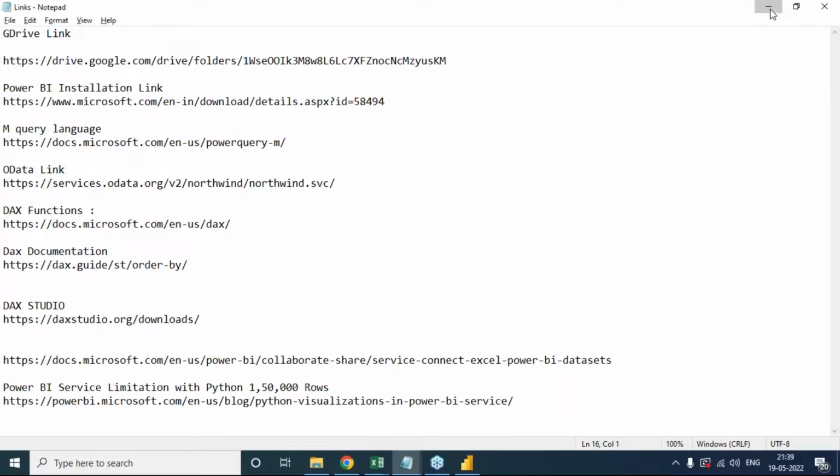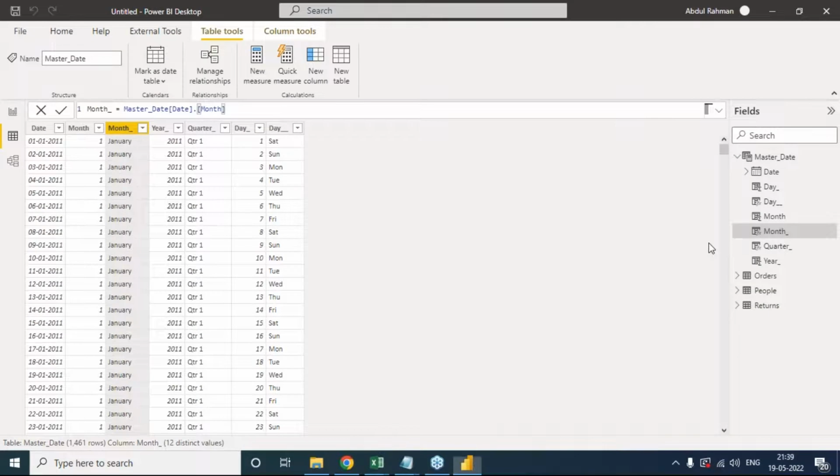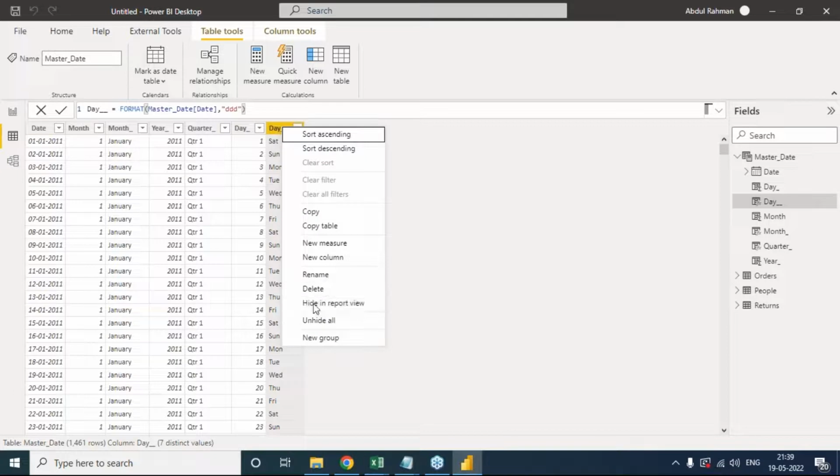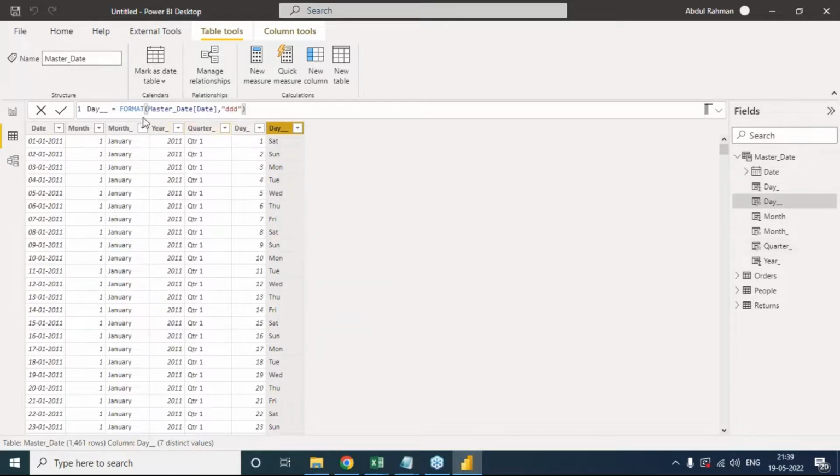Guys, is it all clear? So it's very simple. We have taken year, we have taken quarter, we have taken date, we have taken date also here. So there is a slight difference when you're working with date function. As I said, you see here,